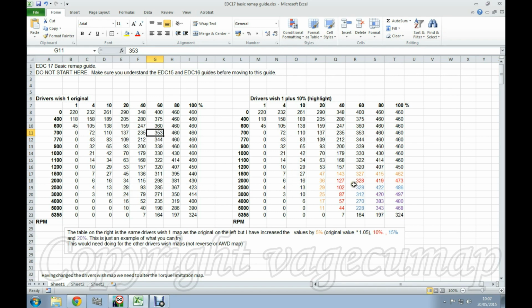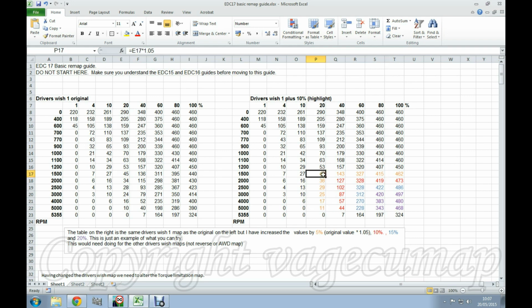Now over on this side I've got the same map, and what I've done is nothing clever. I've said to that cell that I want you to be that cell multiplied by 1, so the result is the same. That cell is that cell multiplied by 1. The reason I've done that is it means I can speed up changes over here, because when I get to this here, I've changed it to multiply by 1.05. In other words, this number's 5% bigger than the one that's over here. And so is this one, and so is this one, and so is this one, and so on.